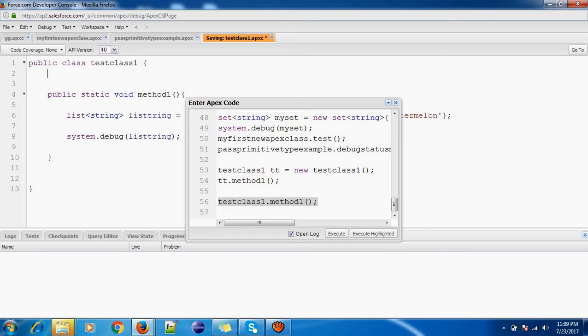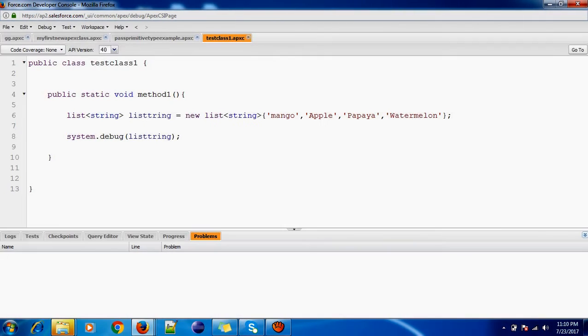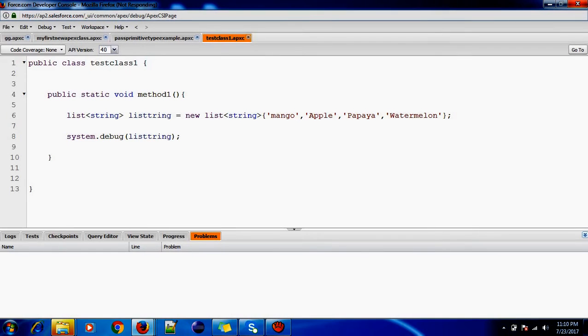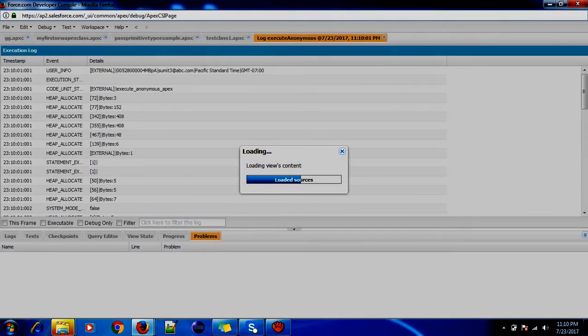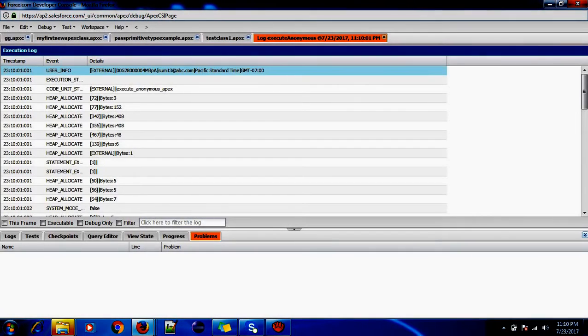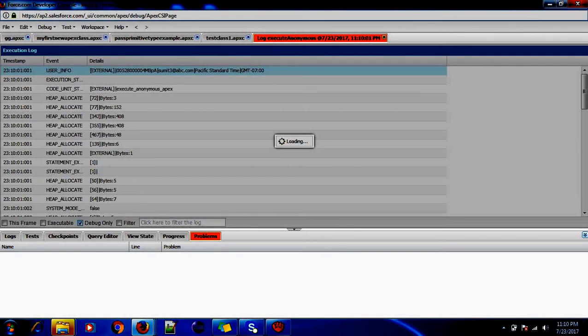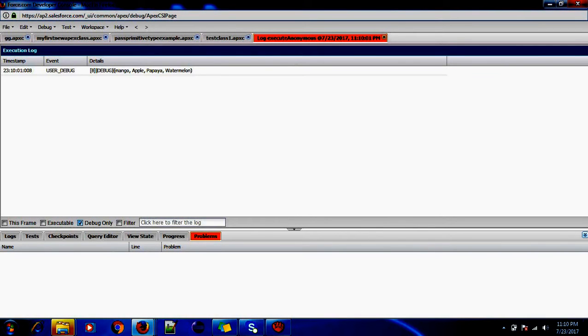Did we save the code? That was because we did not save the code. We just added static there, and after that we did not save the code. That is the reason it was displaying like that. So debug only.